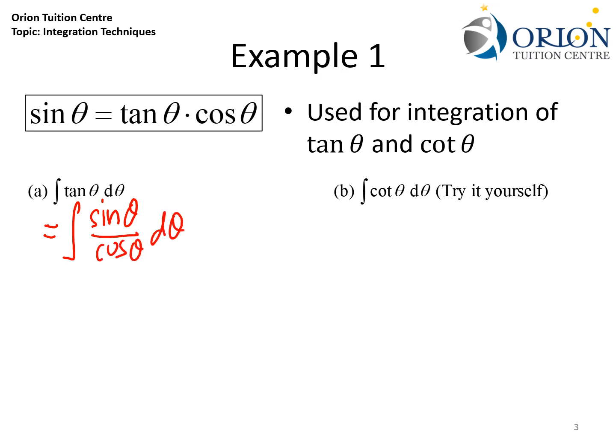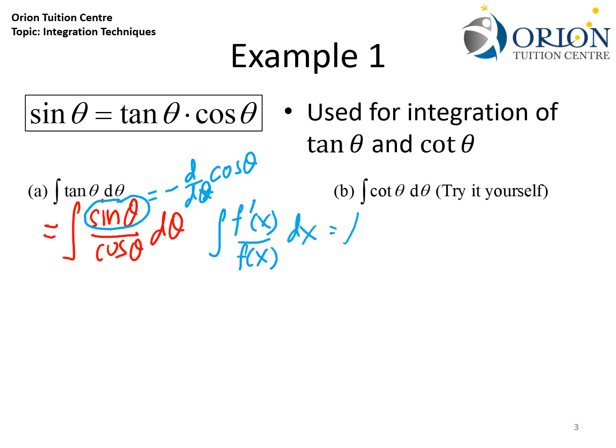And now we can observe that sine theta is actually the negative differentiation of cosine theta. That means we can make use of the formula, integrate f prime x over fx equals ln of fx,